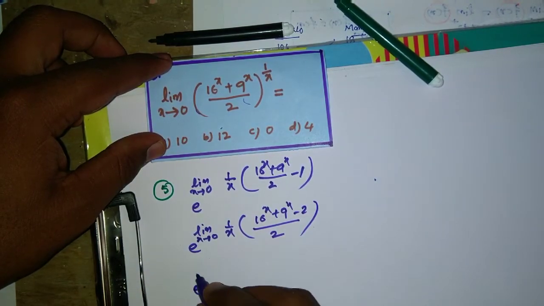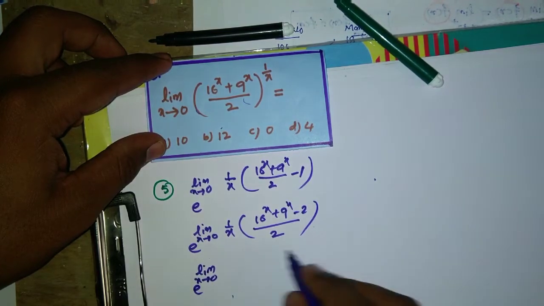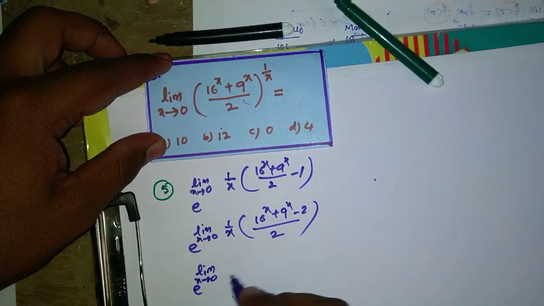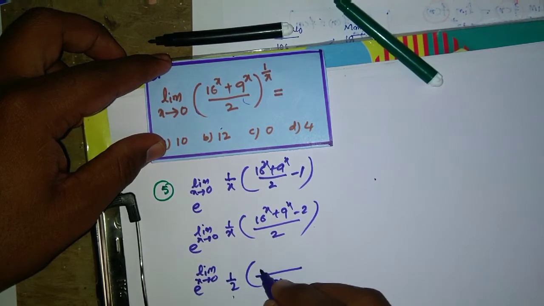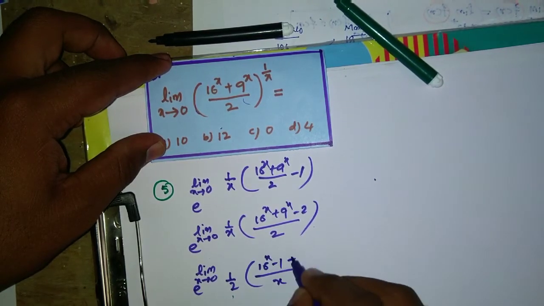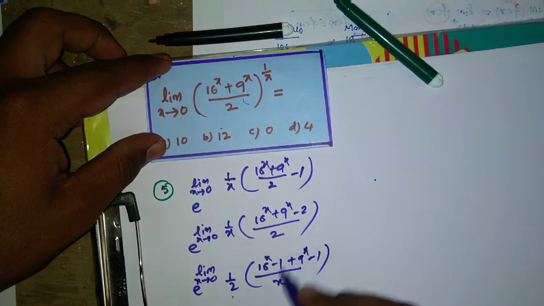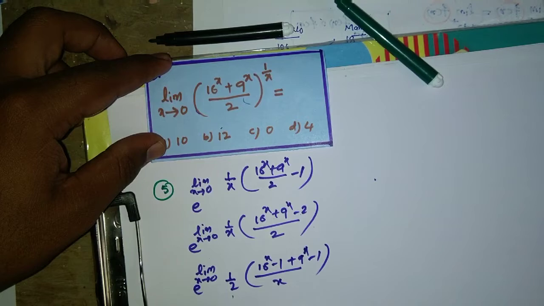Okay. So listen here, how best can I write here? Limit x tends to 0. This guy I am writing as what here? 1 by 2 I will write here, and this x I will write here. 16 raised to x minus 1 plus 9 raised to x minus 1. This minus 2 I am writing as minus 1 minus 1. So once again I will segregate here. Limit x tends to 0. So 1 by 2 I will be writing the same here. This you can separate here: (16 raised to x minus 1) by x plus (9 raised to x minus 1) by x.